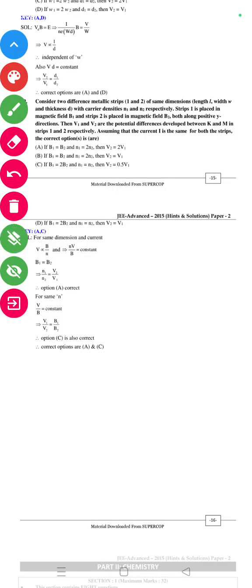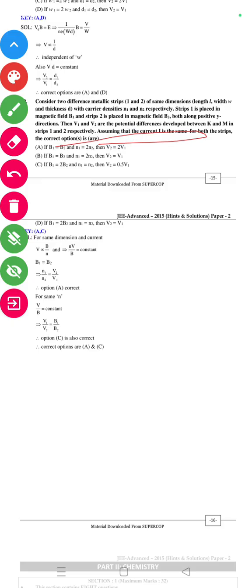dimensions, of length L, width W and thickness D, with carrier densities N1 and N2 respectively. Strip 1 is placed in magnetic field B1 and strip 2 is placed in magnetic field B2, both along the positive z direction. Then V1 and V2 are the potential differences developed between K and M in strips 1 and 2 respectively. Assuming that current I is the same for both strips, the correct option is: